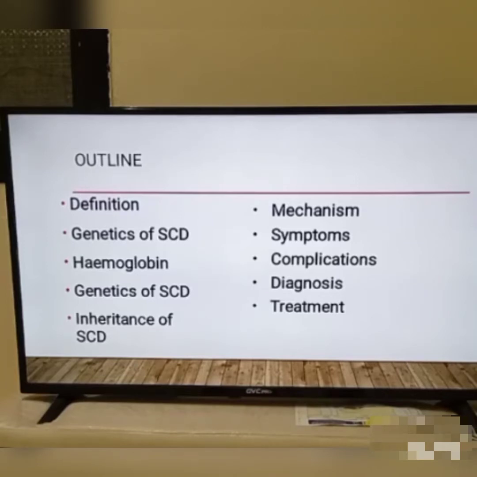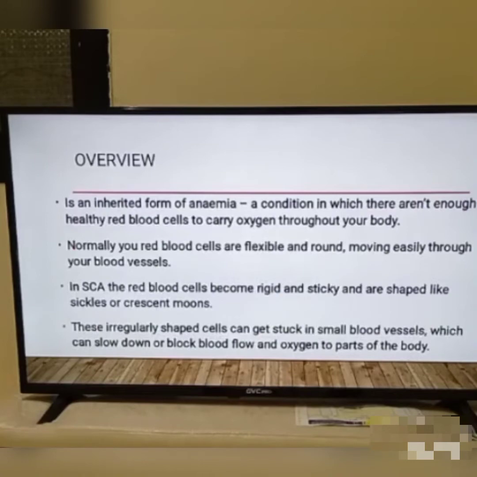bearer? What is the mechanism? What are the symptoms? What are the complications of sickle cell disease? What's the diagnosis and what are the treatments? We're also looking at some future technology, what has been done going forward on sickle cell disease. So as an overview,